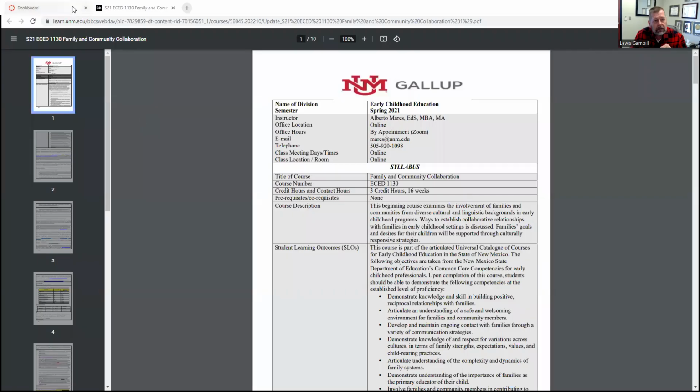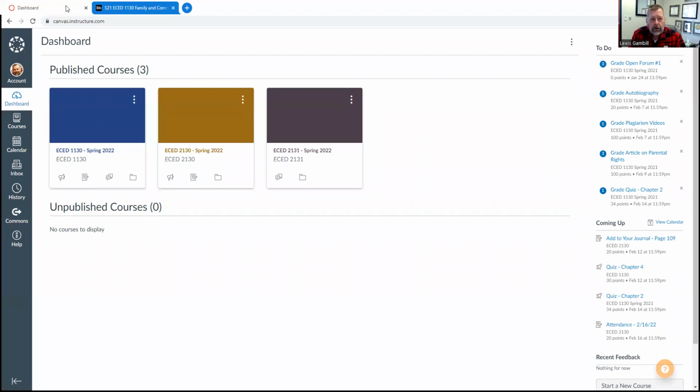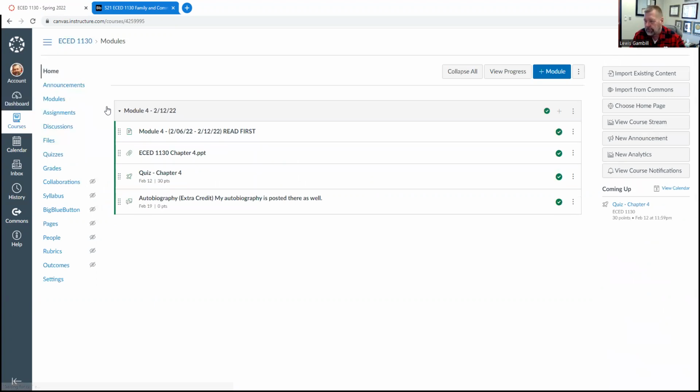So right now, let me go ahead and just do the quick overview of Canvas. I'm going to share my screen here. Okay. All right. So with Canvas, whenever you log in, you'll only have, well, my class, 11:30. If you click on that, it'll take you right to the modules. Obviously, there's only the one so far. All modules are going to look pretty much the same. The first document you'll see is a README.